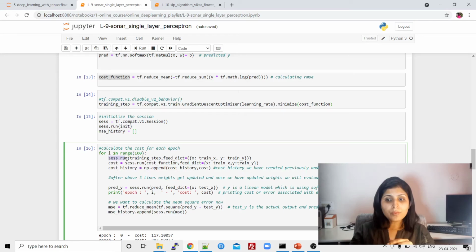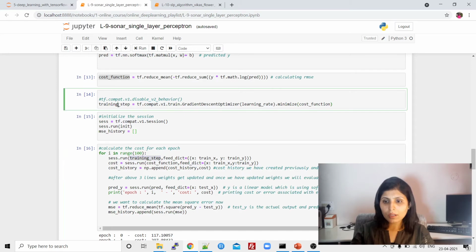And in this loop, we are running a session. Guys, I've already told you whenever you want to execute the code, you need to run the session. So that's why I'm running a session over here. Train step: what is there in the training step? We have the code for the optimizer, which is responsible for updating the weights after every epoch, right? When we want to run the next epoch after updating the weights, who is updating the weights? This optimizer.